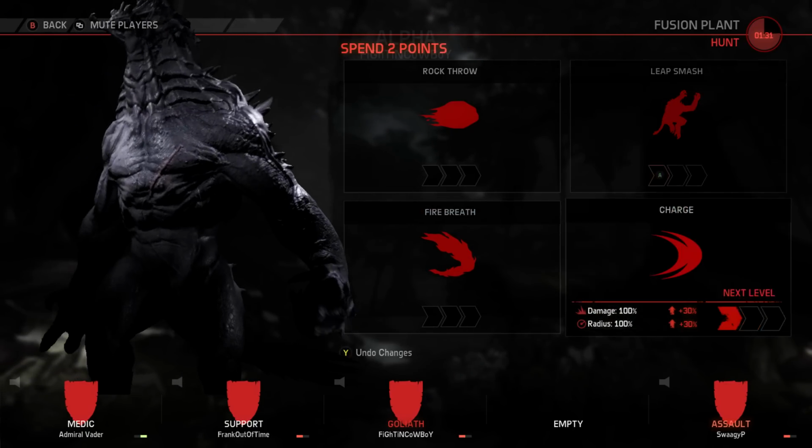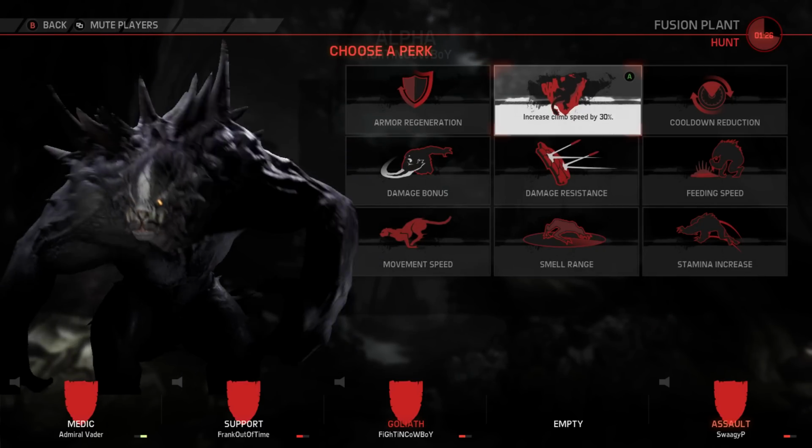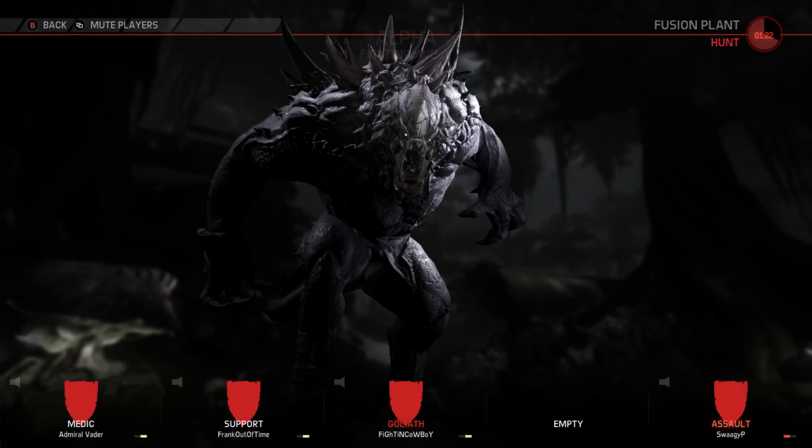For our build, we are going to put 1 into charge, and we are going to go 2 into leap smash, and then of course once again we are going for recharge speed. Now, with Goliath, I go for a 2-3-1-3 type of build, with 2 being in rock throw, 3 in fire breath, 1 in charge, and 3 in